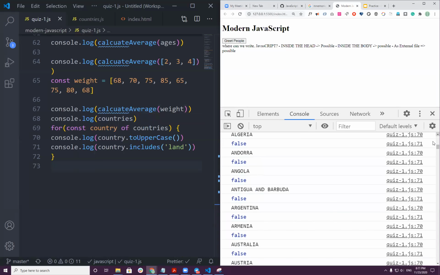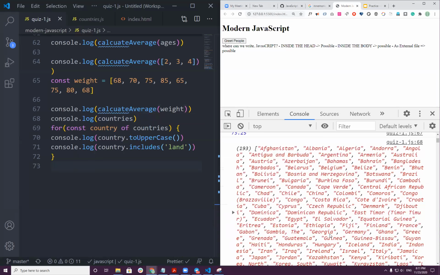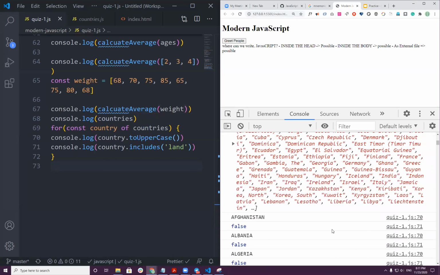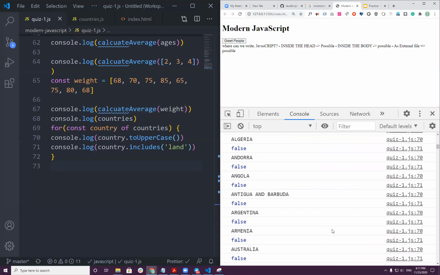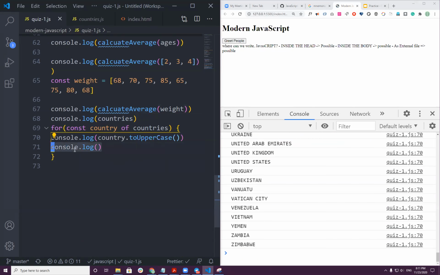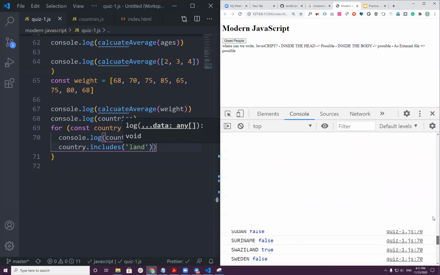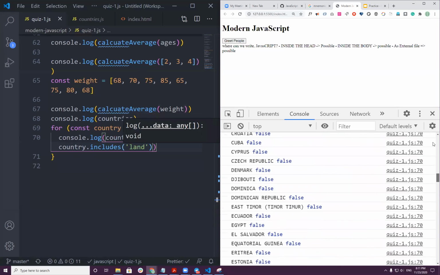I have to go all the way up, like this, but you don't need it. So as you can see, Afghanistan doesn't have land, Albania, Algeria. You can even put it in one line, with a comma, and put it here, then it will be even shorter because everything is in one line.